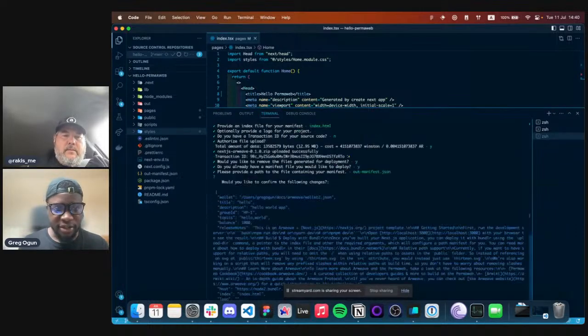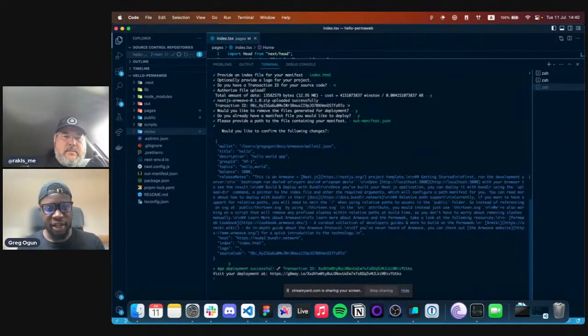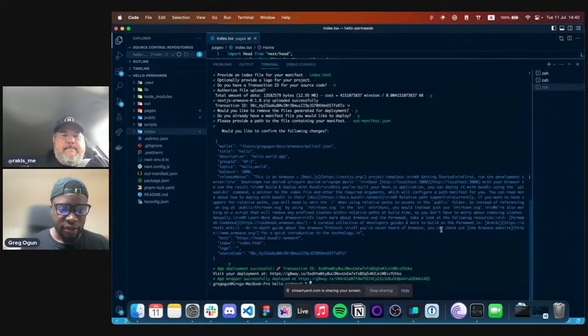So yeah, that's great. And you can see we just get a little confirmation here to confirm everything that we put in. So I'm quite happy with that, and we're going to deploy the app. You can see it's deployed really quickly there with bundler. And now we're just deploying the app wrapper under the hood. So we'll give that a second, and we can see now we can visit the app wrapper.